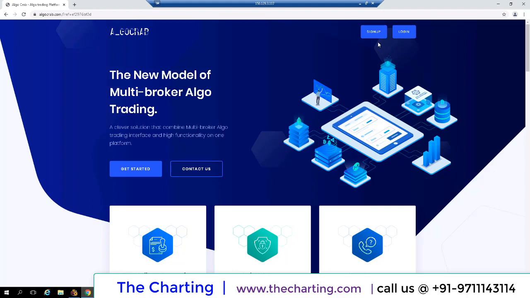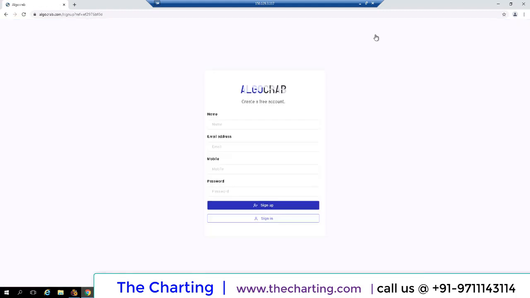And if you have not signed up yet, click sign up and fill in your name, email address, mobile number and your password. Friends, please note that you need to type your actual email address, because once you click the sign up button, you get a mail from us.